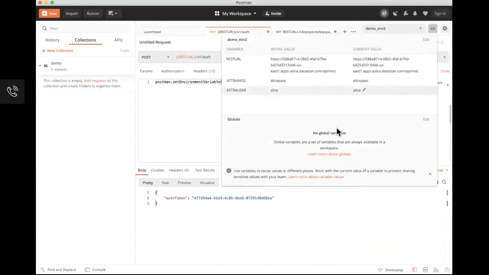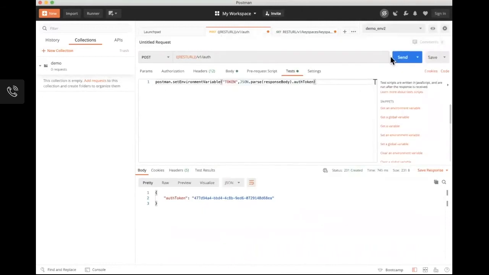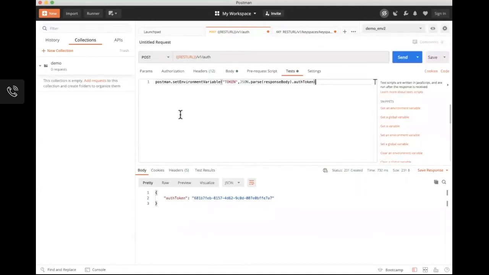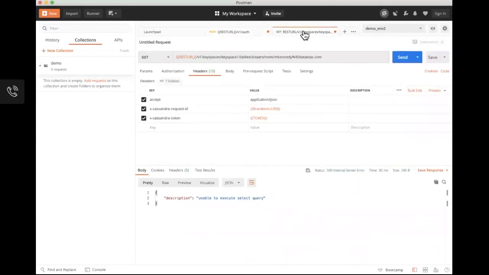So there's no token here for Alice right now, right? But we're going to re-authenticate ourselves against the endpoint. So we have this 681B token we expect to see there now. We do, so our JavaScript worked as we expected. And now we are going to run that GET request again, and we should see data back, as in fact we do. So that was a quick run through of Postman.